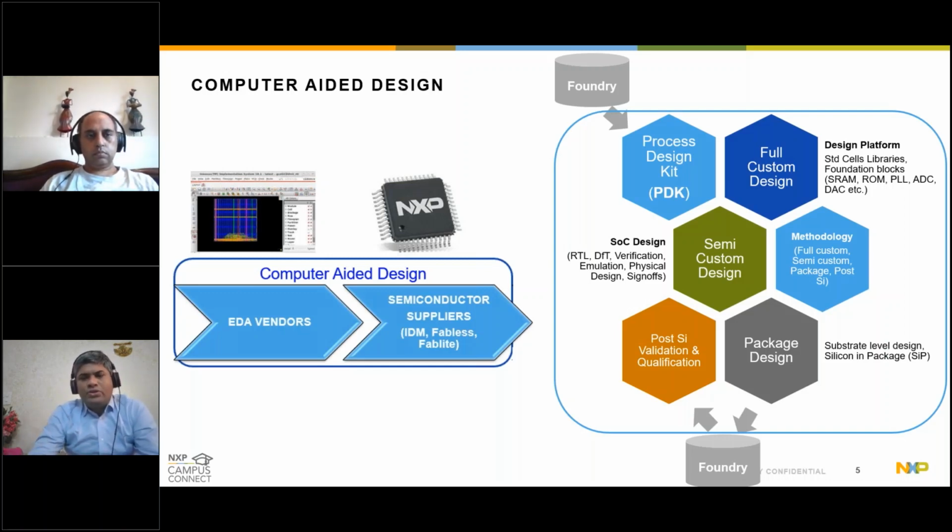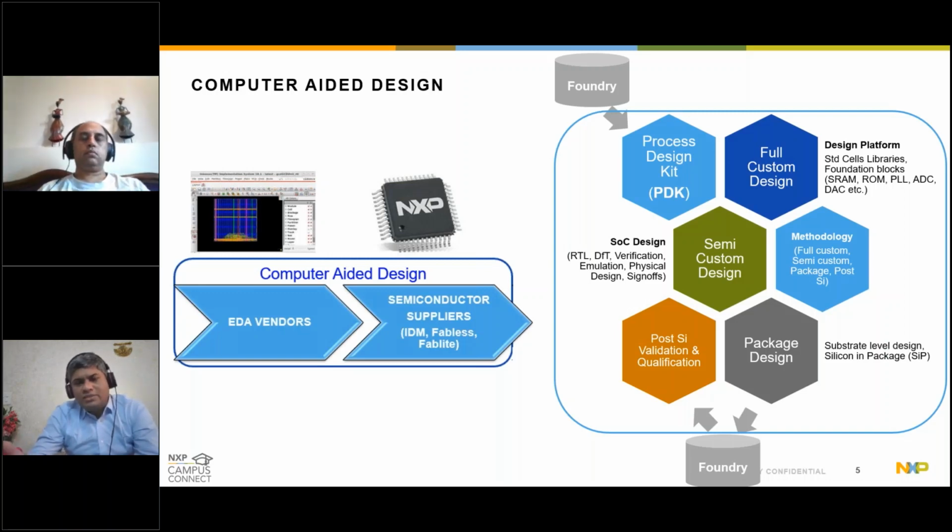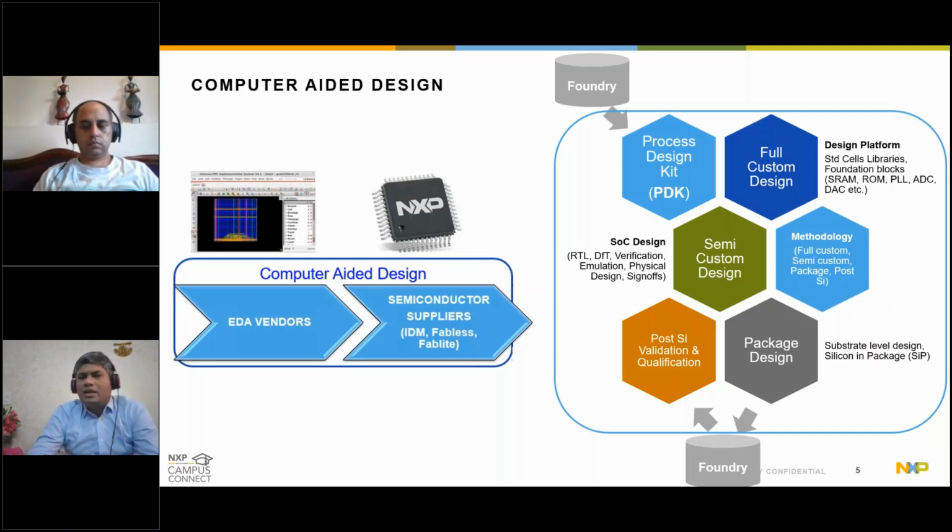Now, within that blue boundary on the right, you see two gray boxes on top and bottom, which is called foundry. As I said in the previous slide also, we are extremely in lockstep with this foundry business because that is where the real recipe of manufacturing comes to us from. And eventually also the devices will get manufactured. The semiconductor components will get manufactured with these foundries. These foundries typically are companies like TSMC or UMC and the likes of those companies or GlobalFoundries for that matter.